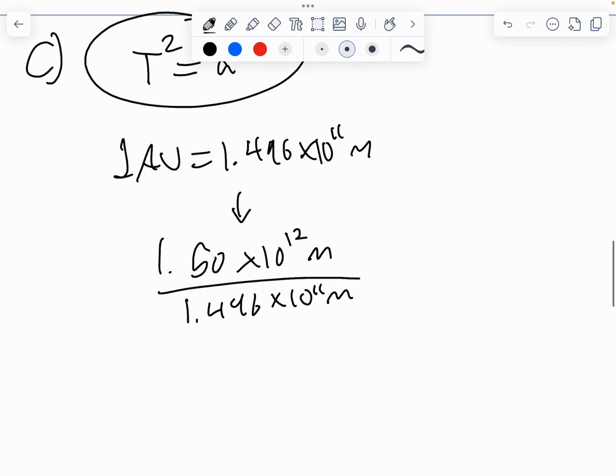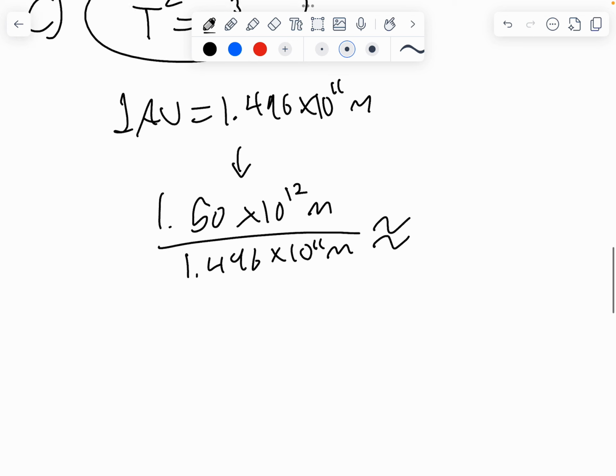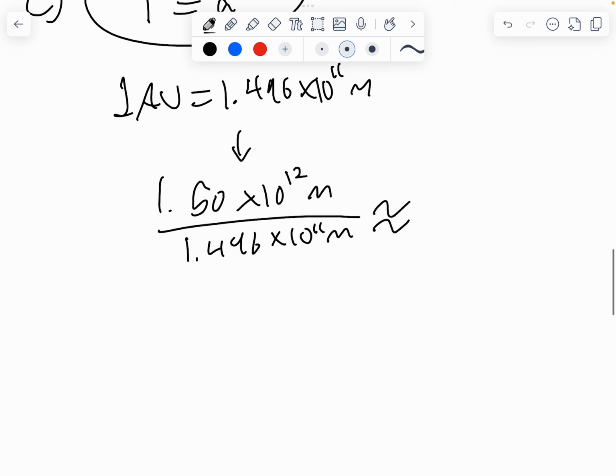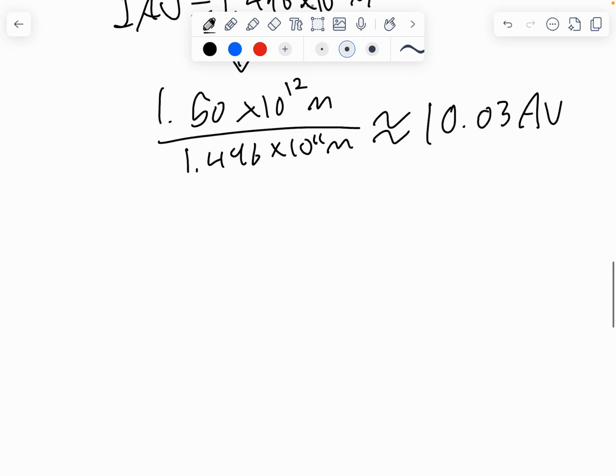Let me do the math real quick. It's saying it is about 10.03 AU. And now we're going to apply Kepler's law, which would be T equals